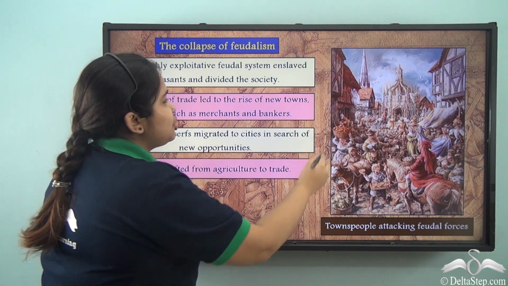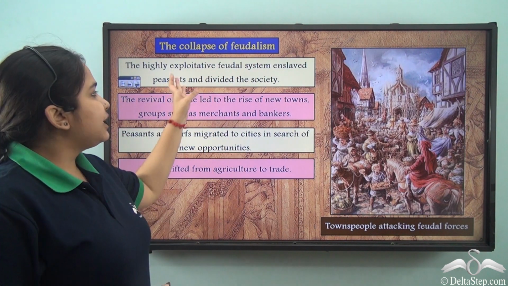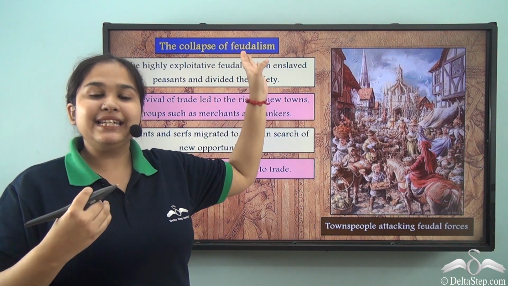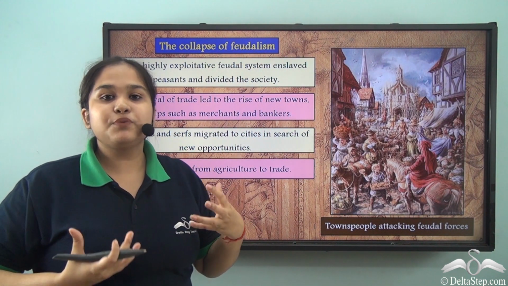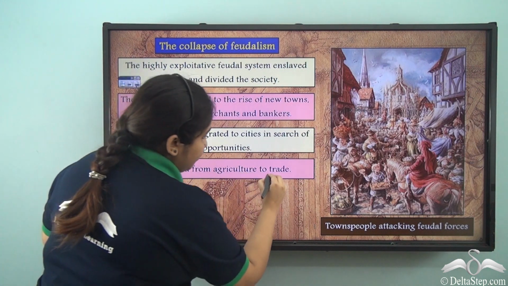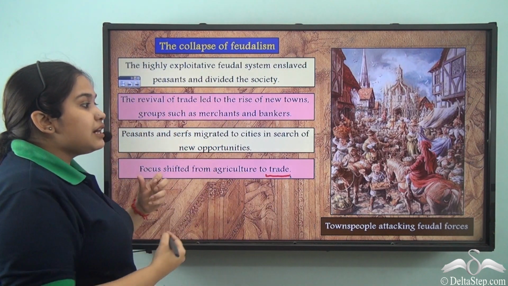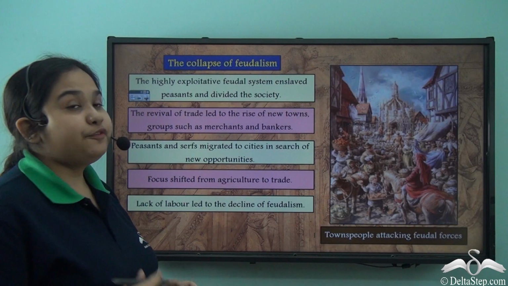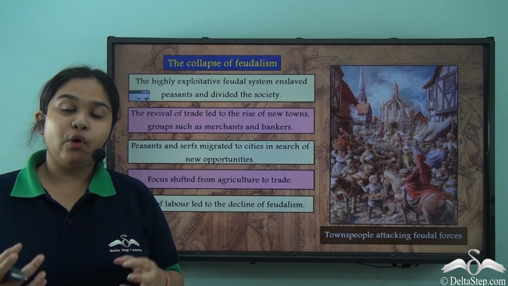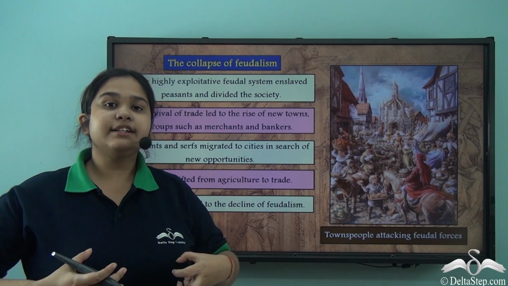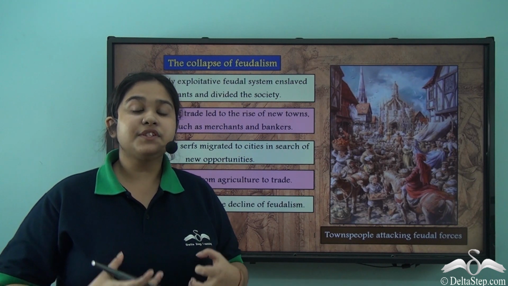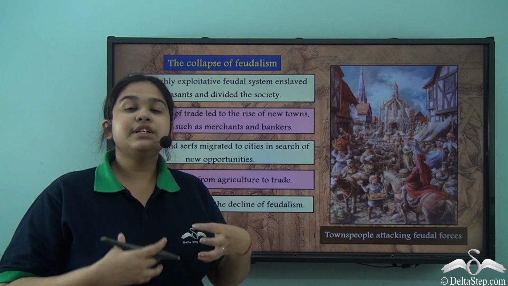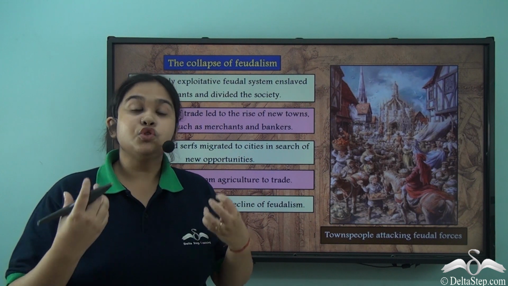So what essentially happened here was that from an agriculturally based society, the entire focus was shifting to trade, because they were looking for a second sort of opportunity in the cities. The feudalistic society was highly exploitative and treated the peasants and serfs harshly. So we see that the peasants and the serfs are moving to the cities to find alternative sources of